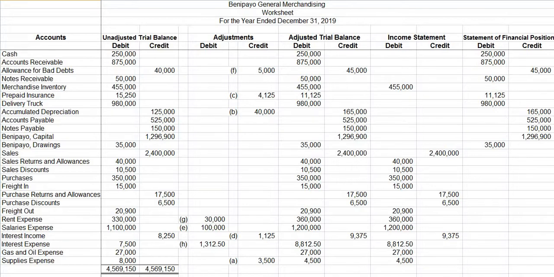The reason why it is advised that you perform the addition operation for these figures and not just copy the total from the unadjusted trial balance is to make sure that you have copied each of those figures correctly. Note that the total debit here must equal the total credit here. By adding these figures,